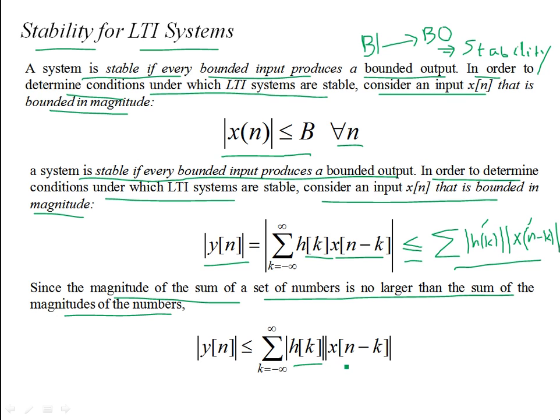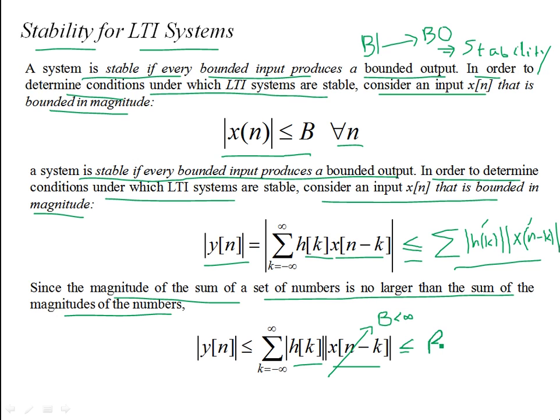So these are the magnitudes, all positive quantities. So y of n is still less than this. Now, if we allow x of n to be bounded, and allow it to reach its uppermost bound, if all the samples are bounded by, let's say, capital B, so all the samples are allowed to reach the finite amplitude B, which is less than infinity, of course, it's a bounded input, then we can write this as still less than or equal to